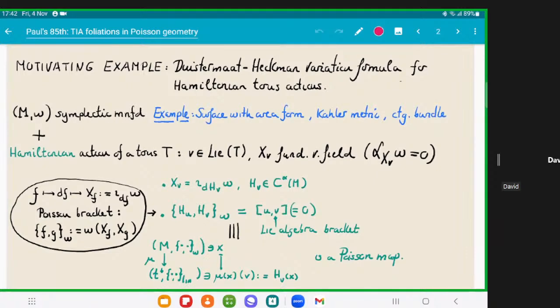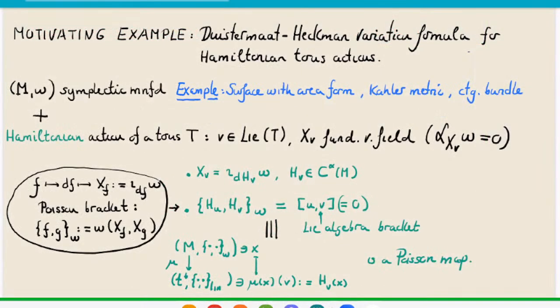So one starts with a symplectic manifold M with a symplectic form. You can think of a surface with an area form, though for our purposes surfaces have very low dimension. You can think of a Kähler manifold, for instance, or you can think of a cotangent bundle if you want a generalized phase space. And then on that symplectic manifold, we're going to have a torus acting. And the action is going to be Hamiltonian. And that means the following: not only does the action of the compact torus have to preserve